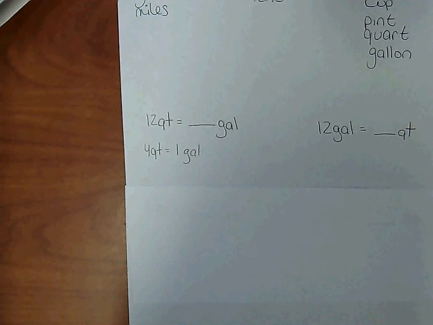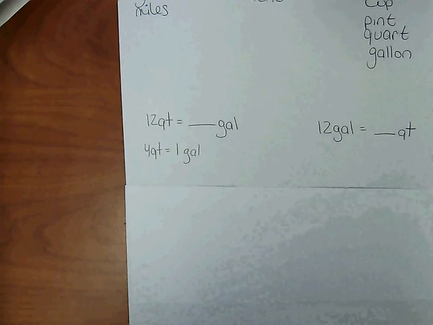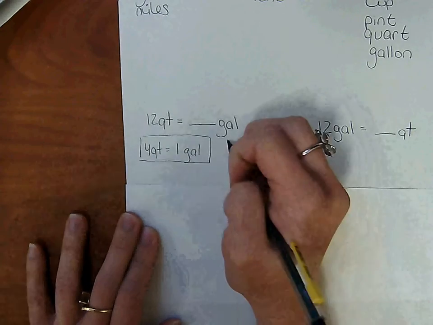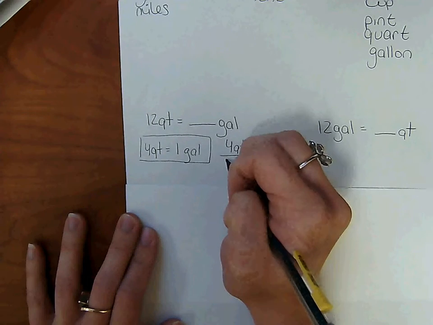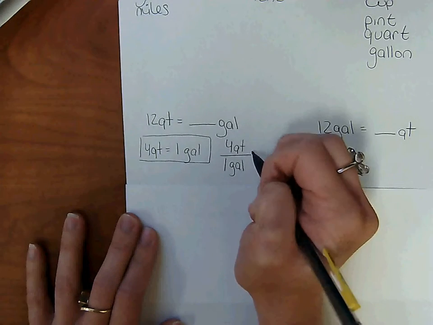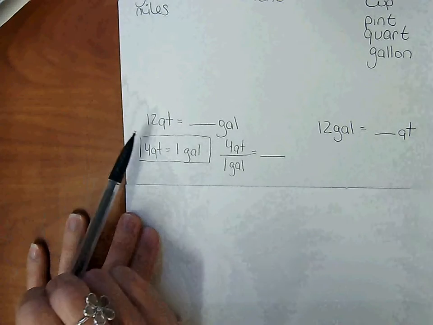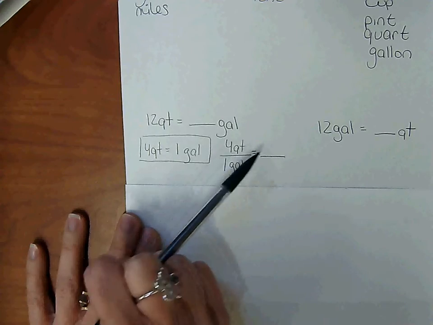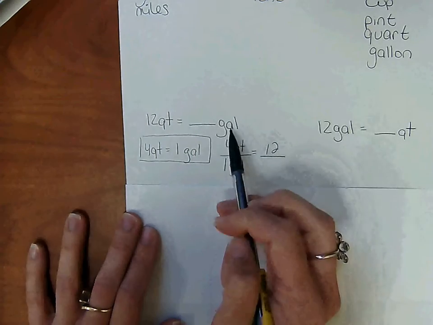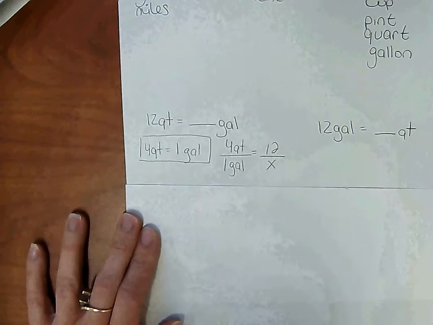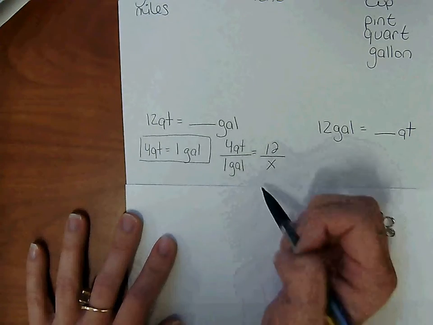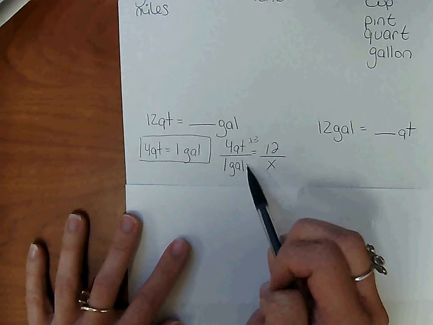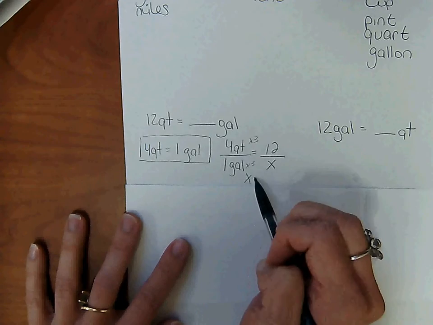But as you're learning, I suggest that you use proportions to solve this problem. Take the fact that you got and make it a fraction. 4 quarts over 1 gallon. Make a proportion, so set it equal to what you have here. 12 quarts. We'll line up the units because there's an equal sign here. Quarts, quarts. So we're going to put a 12. Gallons is what you don't know, so you're going to put an X. So now you can go ahead and solve. You could cross multiply or shortcut. 4 times 3 is 12, so 1 times 3, X is going to be 3, so it would be 3